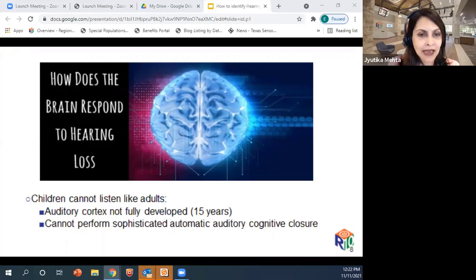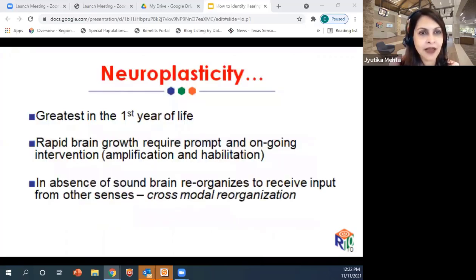Next slide. And we do know that neuroplasticity is typically the greatest in the first year of life. We know a lot more about the brain than we did even 5 years ago. The first year of life is critical. And our children who may have congenital hearing loss or congenital visual impairment are missing out significantly. And then we need to figure out somehow to amplify those sounds and provide appropriate habilitation, perhaps in different